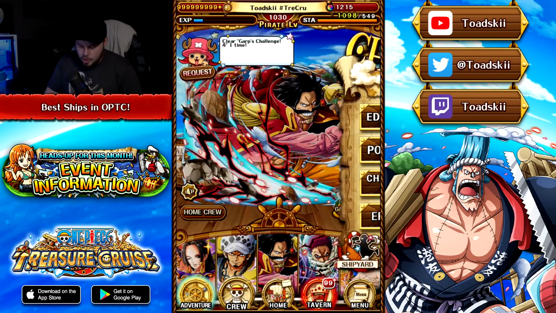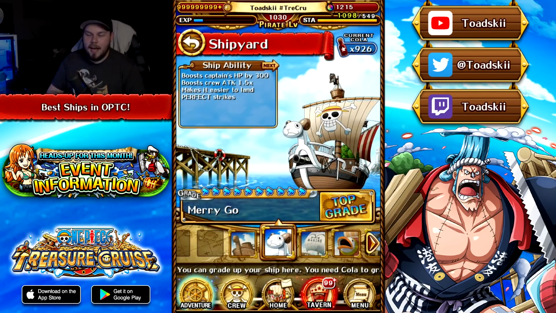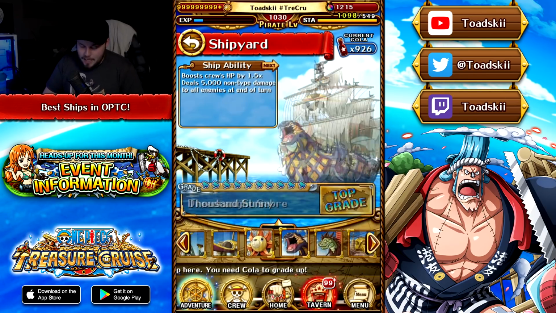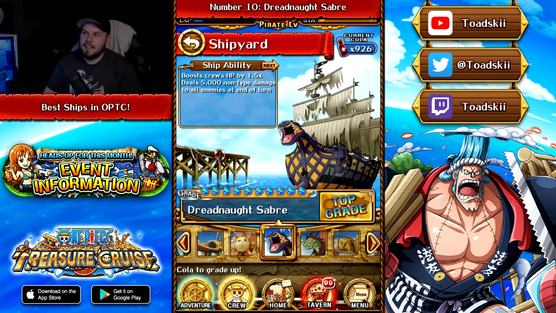So let's go ahead and jump over to the crew menu and click on Shipyard, and I'll give you guys just a rundown of what I believe are the 10 best ships in the game. So first of all, the first ship that we're going to talk about as my number 10 position is the Dreadnought Saber. Now, this could almost be considered an honorable mention, but the main thing as to why